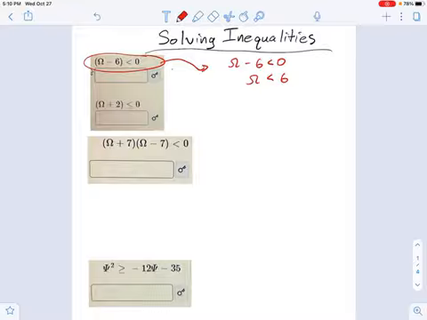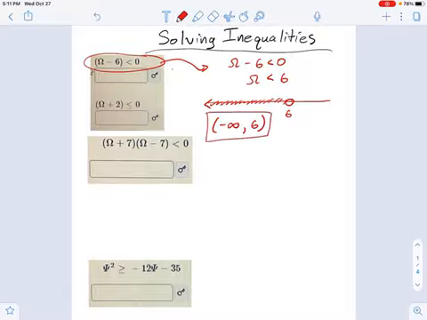So the way we would plot that, if we wanted to say it on a line graph, is something like this. You've probably seen graphs like this before, where you say, there's 6, except I wouldn't use a closed dot. Let's be a little more accurate about this. I would use an open dot because x has to be less than 6 but not equal to it. And then I would just shade in all this area going all the way out into infinity. And the way I say that in interval notation is negative infinity all the way up to but not including 6. These are my solutions to that inequality.